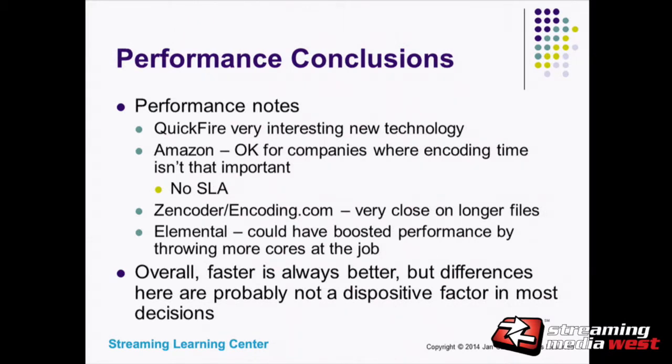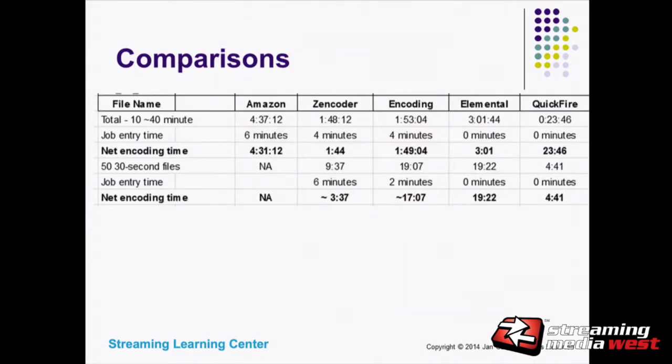Quickfire was very impressive. When we did those tests, they were just announced in the market, and we'll look at some interesting service offerings from them in a moment. Again, Amazon was much slower, but what's interesting is I don't know how many people really care whether it takes 4 hours and 31 minutes to encode their files versus 22 minutes. I think if you're a news organization or other people who really need high availability, fast turnaround,